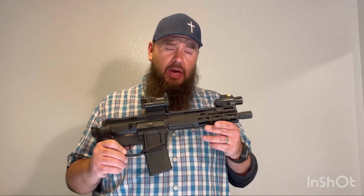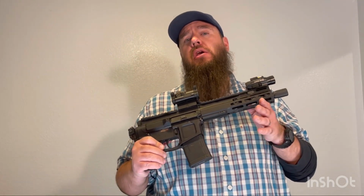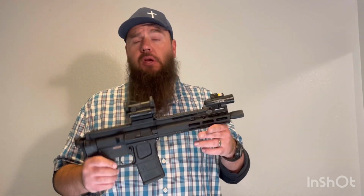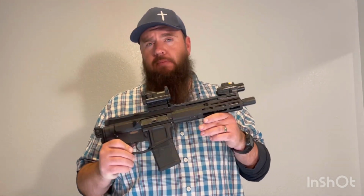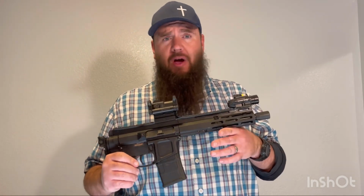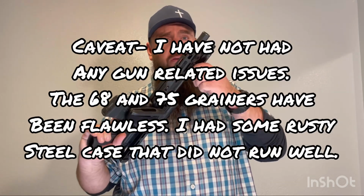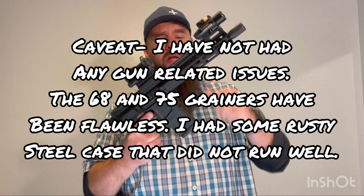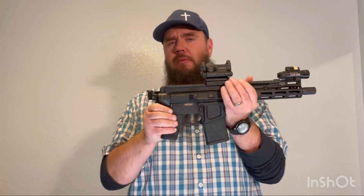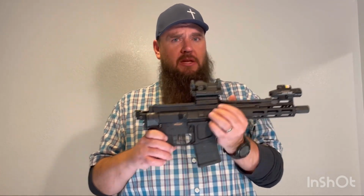Now, the FM15 Gen 2. This one specifically has a 3-position adjustable gas block. I have not been using it for that purpose. I've only been running it in the open position. With every type of ammo, I've not had any issues with this gun. It is, of course, a front charger, which is great. You can see I run a 20-round magazine in my bag gun because I want it to get pretty much as small as I can and take up the least amount of space. The other thing